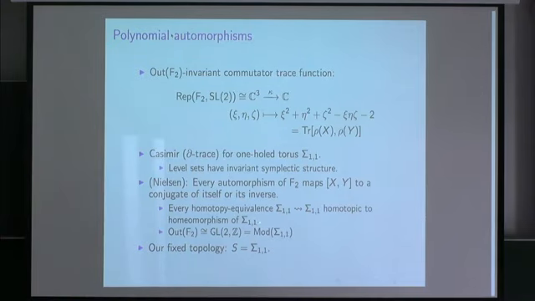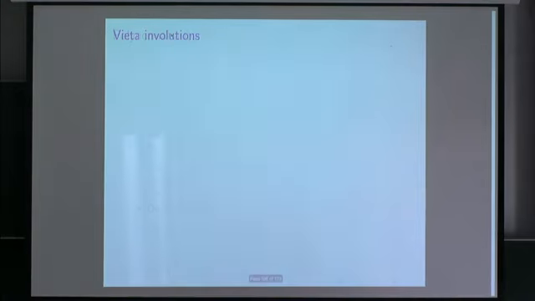What will be interesting is that even if you just want to work with mapping class groups, you can't escape looking at non-geometric automorphisms of the fundamental group. In particular, you'll get wandering domains for the action corresponding to homotopy equivalences from our fixed topology, S, to other surfaces, like the other three surfaces I mentioned before. I'll say more about this.